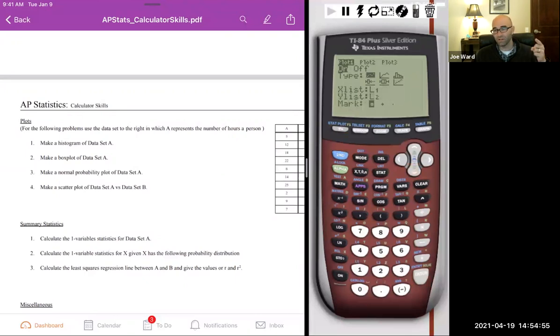So we're going to plot the L1 values versus the L2 values. So the list A, B in our case. And again, we finally zoom, and again, it went to that, so I have to quit out of here. So second mode, zoom 9. And you can see it gives us a scatter plot, and you can trace these points and see the different